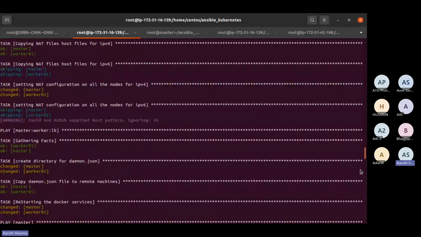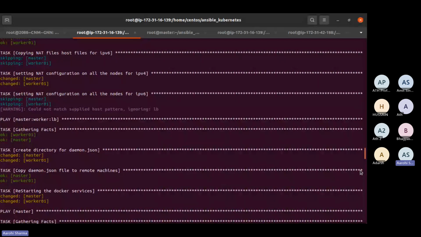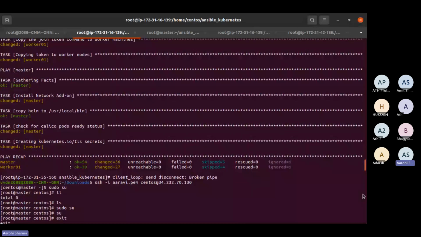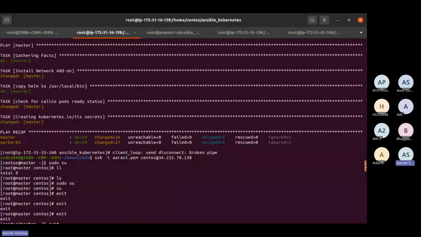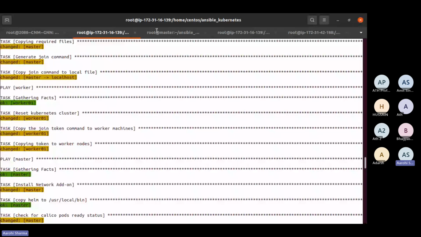If you are not able to, let us know. We are creating the kubernetes.io TLS secret with Ansible onto the Kubernetes, and we have the master node and worker node with no failed errors. So in this way, we have installed the Kubernetes cluster with the Ansible playbook, and this is the output of that playbook.